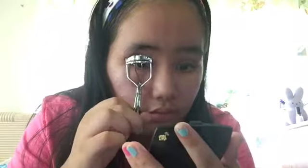Now for the dangerous part, curling your lashes. While curling my lashes, I didn't realize how close the little eyelash curler was to my lid, and I kind of pinched myself a few times trying to curl my lashes, and it was not fun at all. It was the most horrible feeling I ever felt, which is why I was trying to be really, really careful about where I put that thing. It really did hurt my eye, but now we're going to move on to...